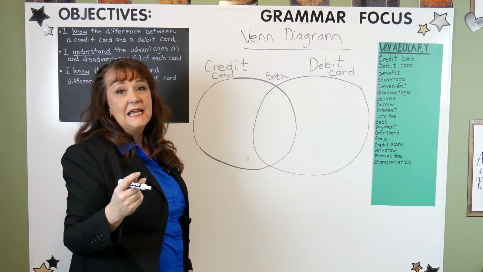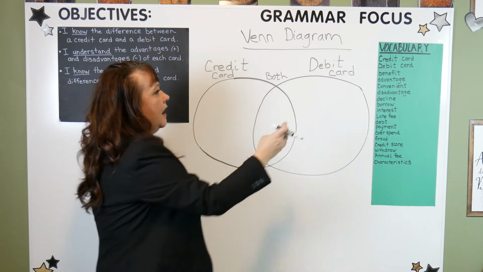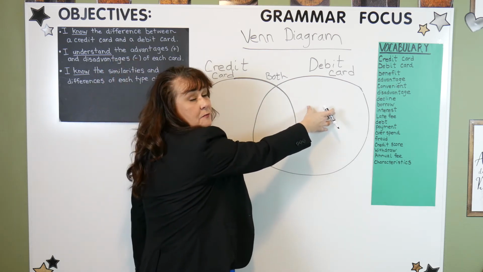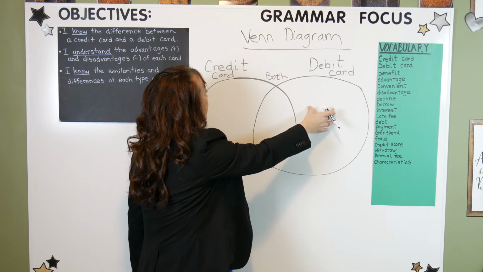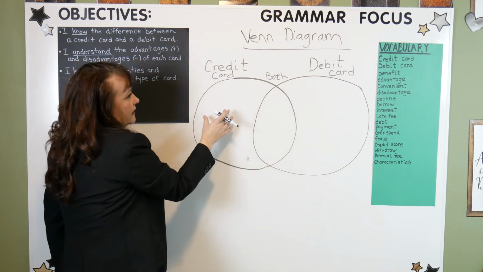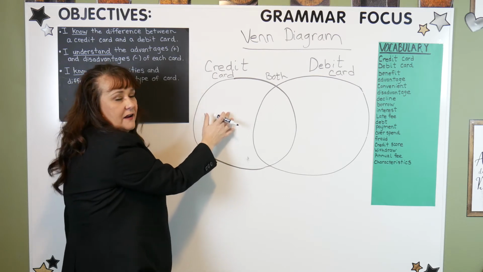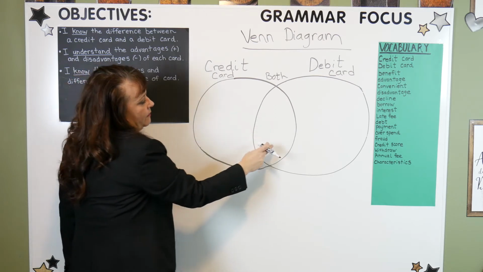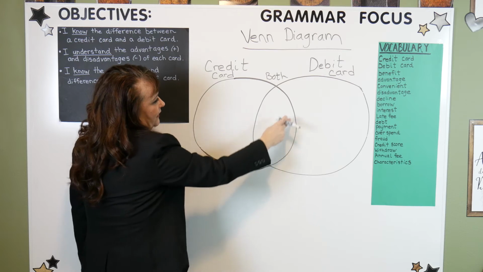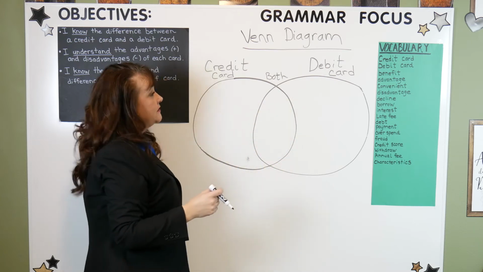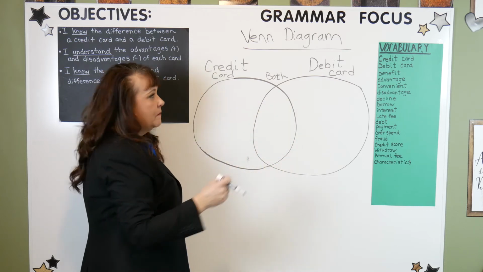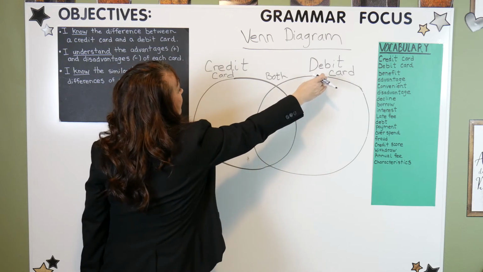I am going to write characteristics of a debit card in this part of the circle. I will then write characteristics of a credit card in this side of the circle. The middle part of the circle is where I will put characteristics that are the same between a debit card